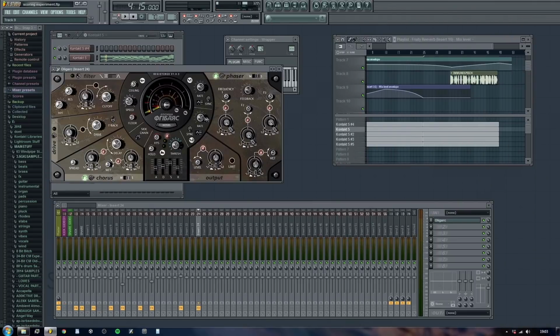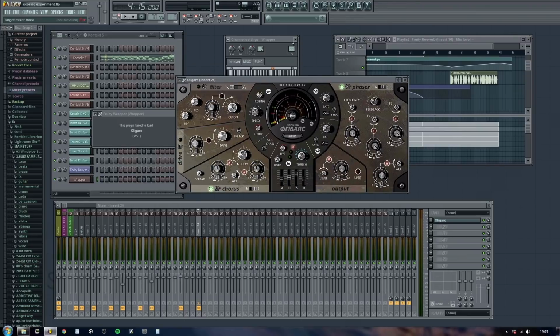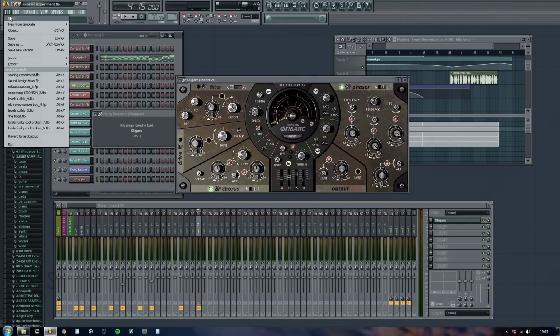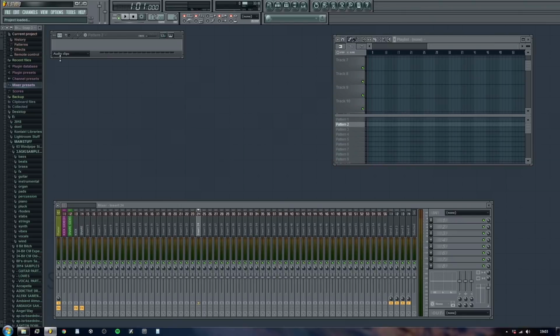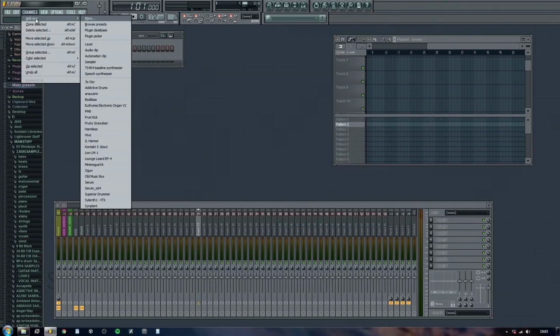There you go. This is Oligarch. It's like a phaser and a filter and chorus, and it sounds really cool for basses. But yeah, it just sort of sounds the same. Everything you put through it just sounds like that. So yeah,